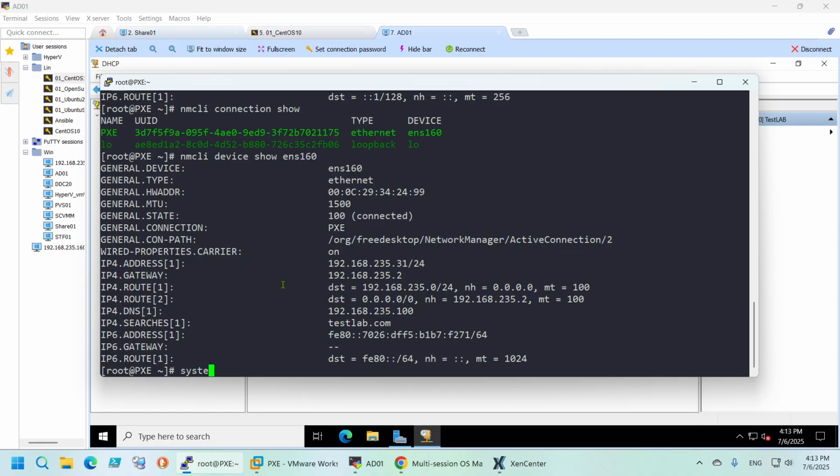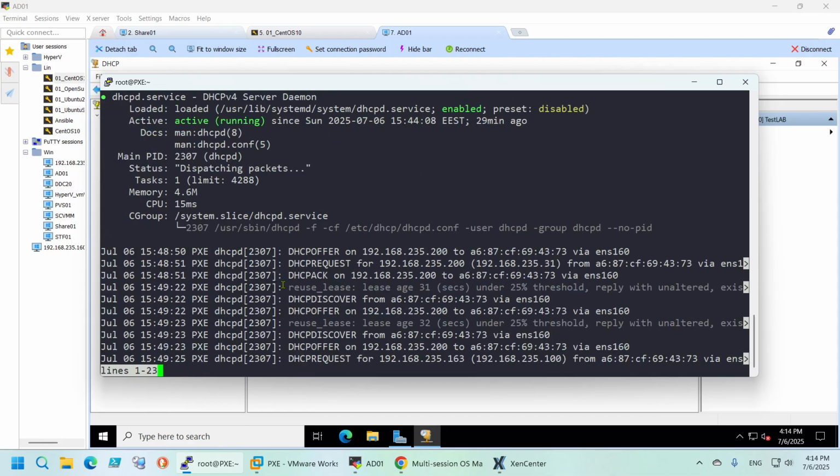System status DHCP. So this is offering between 200 and 210, I believe, and the other one is offering from 160 or something like that. But they both offer also